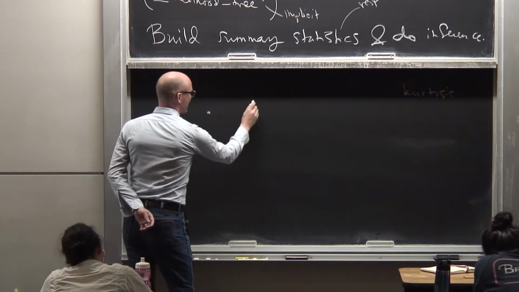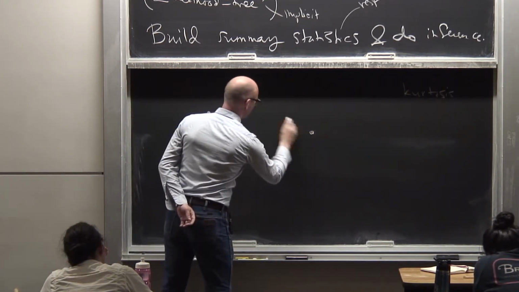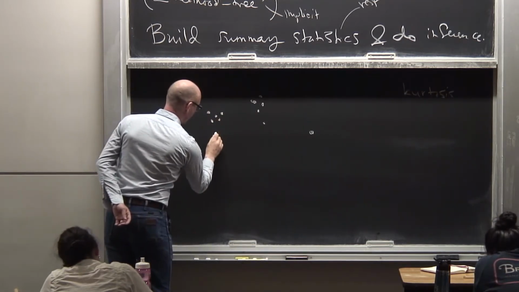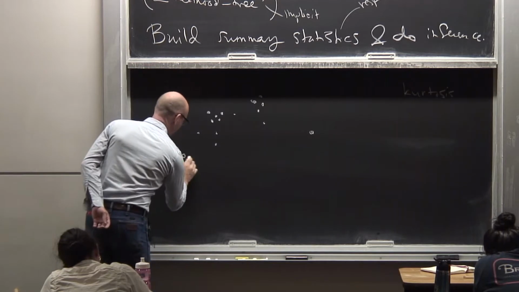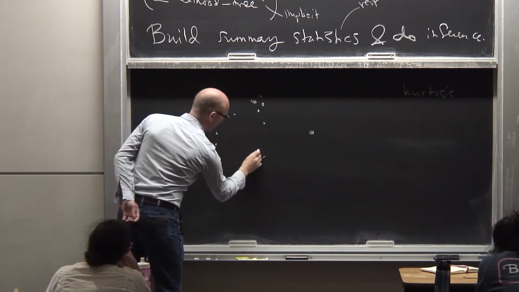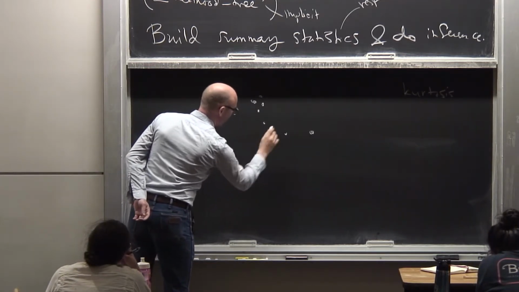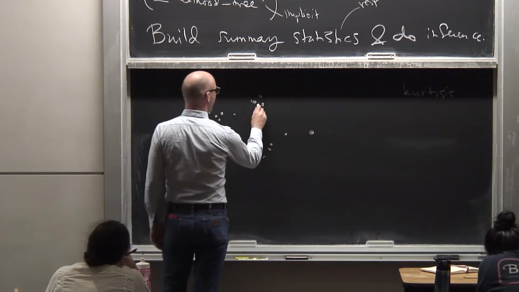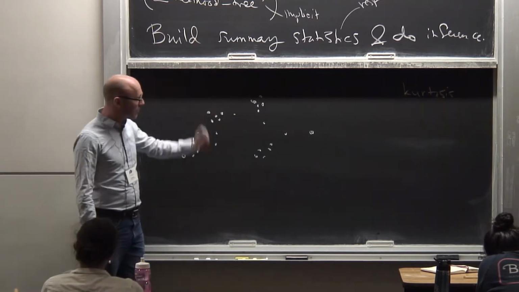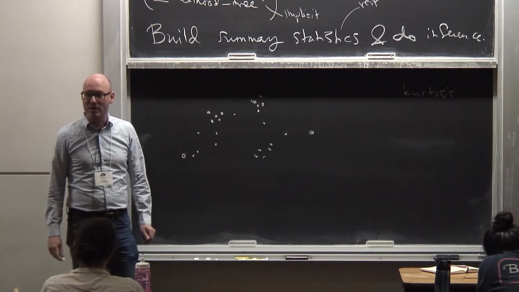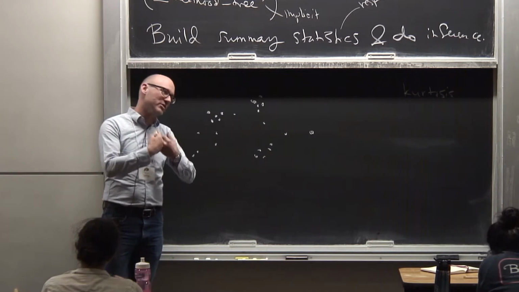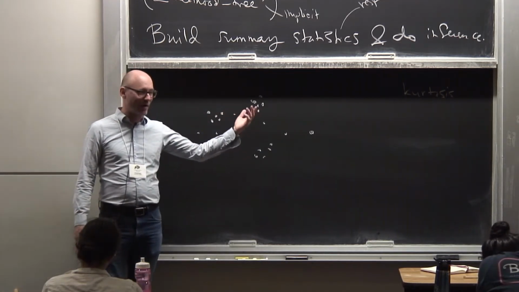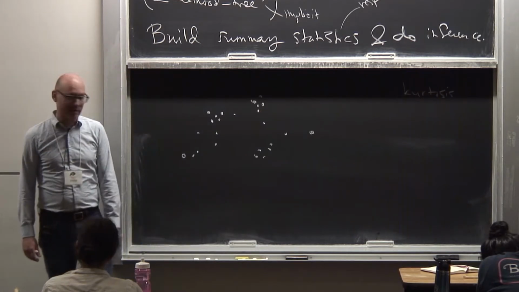Well, here's a point, here's another point, here's a point, here's a point, here's a point. I'm going to try and make them fairly clustered. Galaxies do actually look very clustered like this. They don't look like a Poisson sampling. They don't look like random distribution of points in space. They're much more likely to see nearby pairs than you would if you just had a uniform Poisson sampling of galaxies. And that's, of course, because there's been gravitational clustering from the initial conditions.